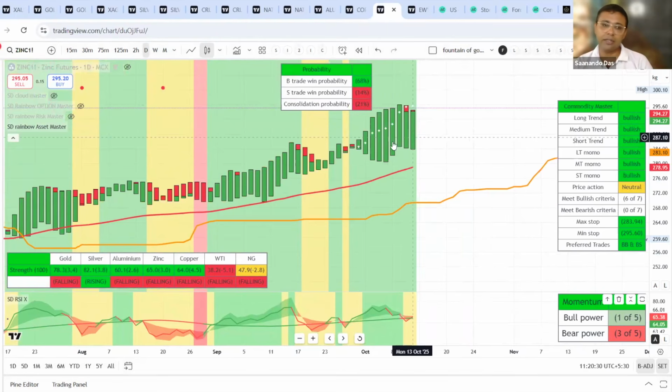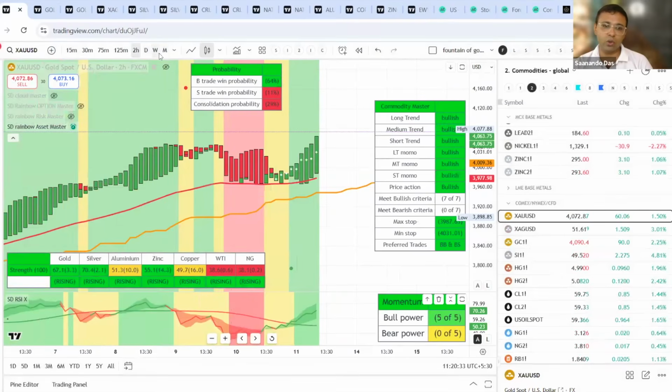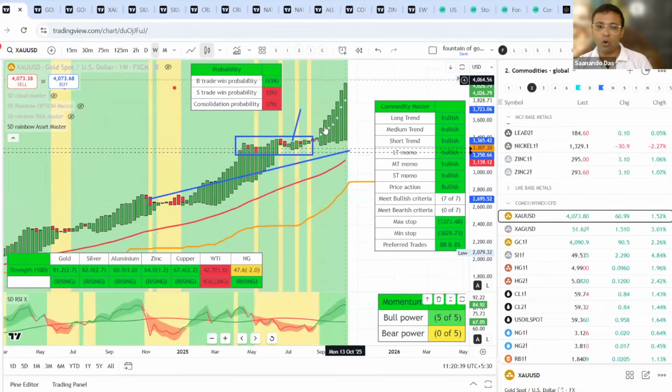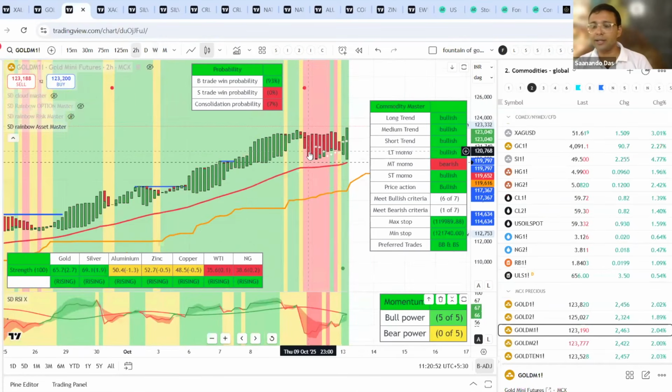और वीकली चार्ट अगर देखा जाए कि गोल्ड सिल्वर, लेट्स लुक एट द गोल्ड सिल्वर वीकली चार्ट. There is no reason for exit. Awesome movement चल रहा है on the upside. So आप अगर invested हो gold में like gold B, sovereign gold bond, you should continue with the position. ये जो 2 hour chart का हम लोग discuss कर रहे हैं, it is about MCX futures trading, which is to be done in the more short term chart, not in the long term charts. Long term charts are for investment into gold and silver, which so far seems to be very, very bullish.